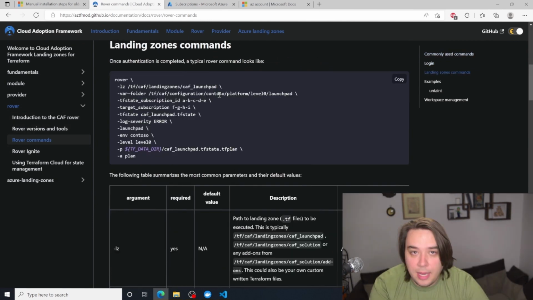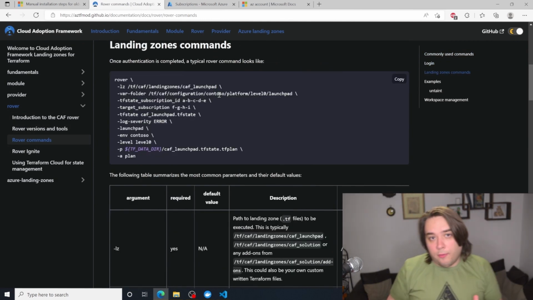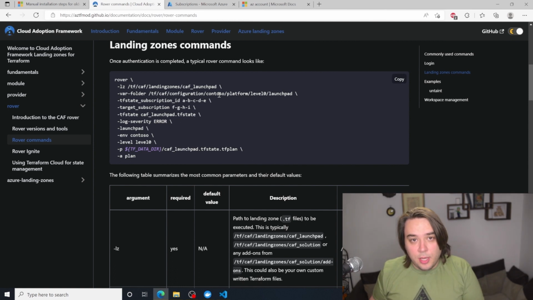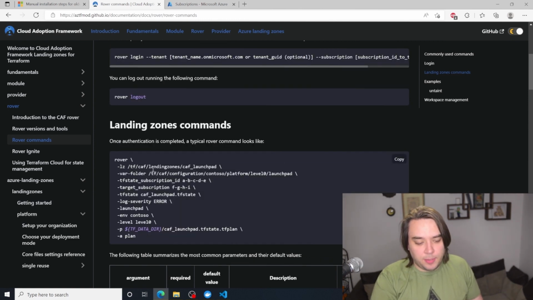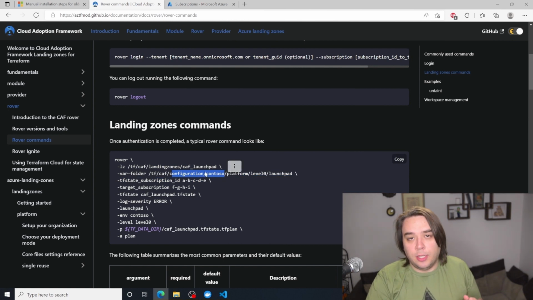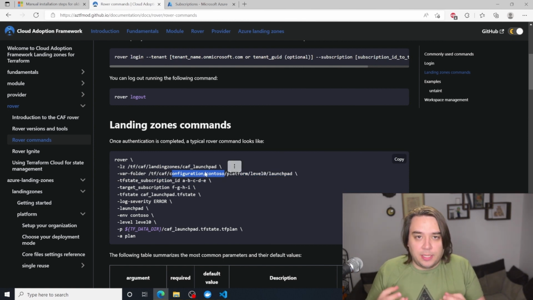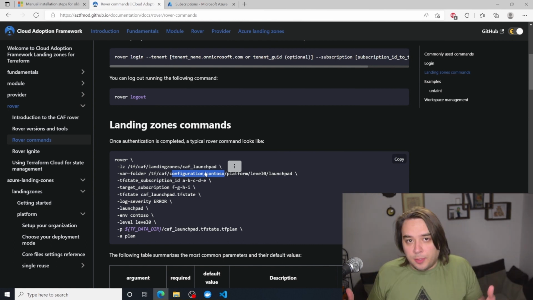With Rover commands in Terraform, you have a couple of different file extensions, but essentially the ones that we have are .tf and .tfvars files. So LZ is going to be using your template of your Terraform, while your tfvars folder is going to be your variables, your configuration items. So for example, names of virtual machines, virtual networks, which is private to you.